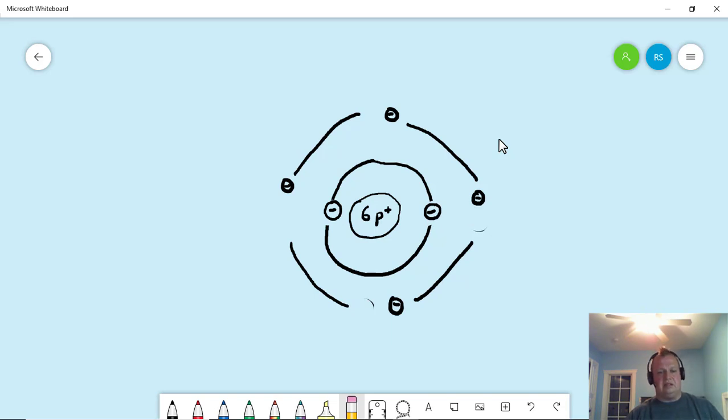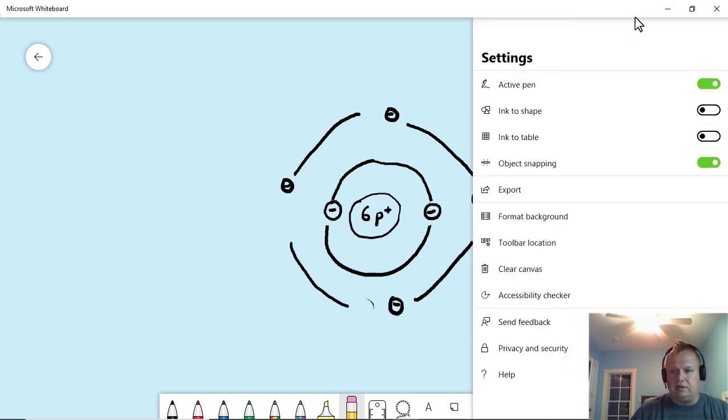But this would be a decent Bohr model for carbon, right? I have 2 on the first ring, 4 on the second ring, and then I don't have a third ring yet because I didn't have enough electrons to need it. So if we clear our canvas here,